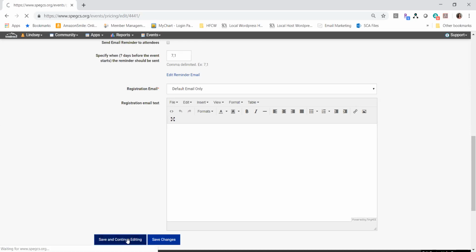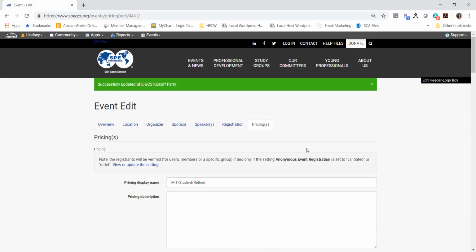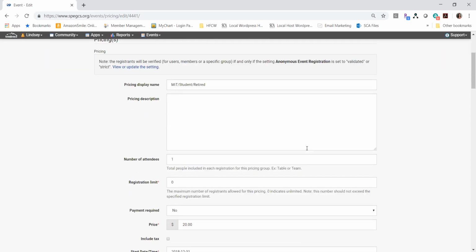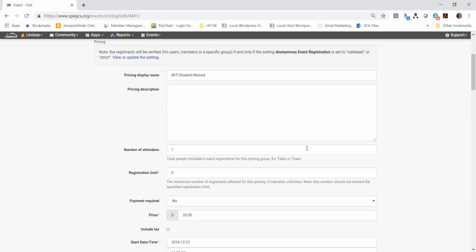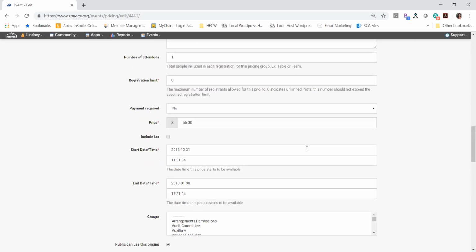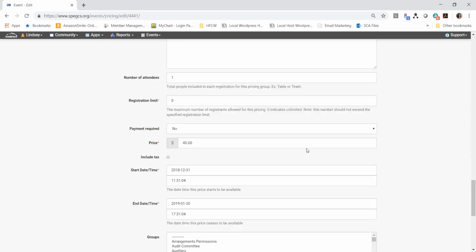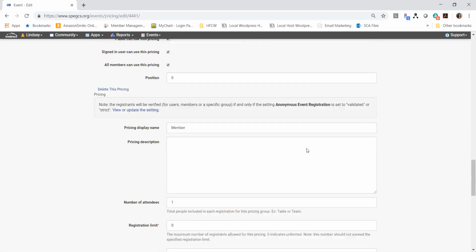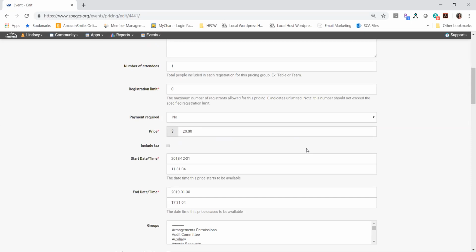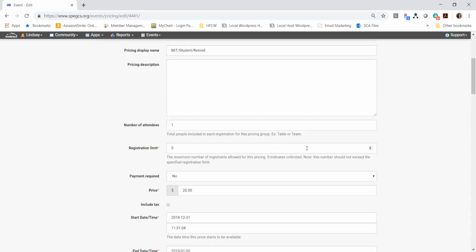Then you click Continue, Save and Continue Editing, and you're on the last page, which is pricing. The board has set a standard for pricing going forward. All MIT student retired are $20, non-member is $55, and member is $45. This takes into account if people are going to donate to the Scholarship Endowment Fund. These are standard. You can raise the price if you need to cover your cost of your venue or your event,